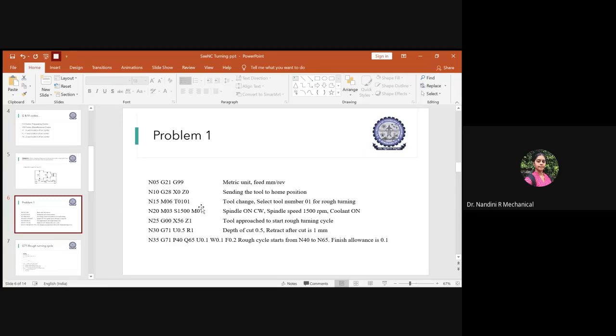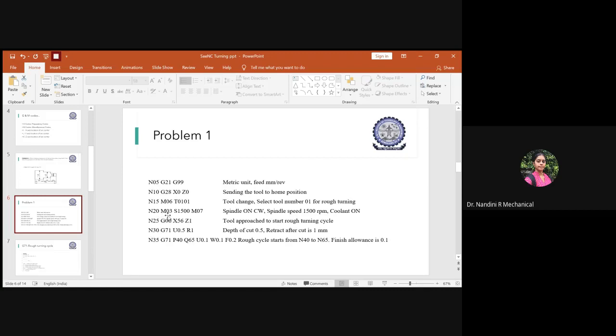Next, to make the tool operate, what is our next step? You should make the spindle on, or else it won't rotate, right? To make the spindle on, the numbers will go on in order: N10, N15, N20, N25, the sequential order. So no need of me explaining this, you will write it as usual.